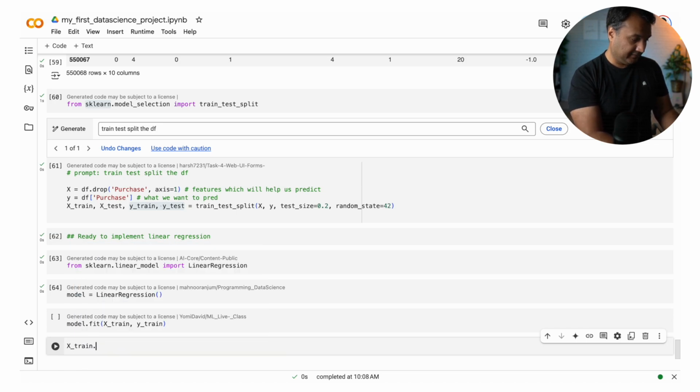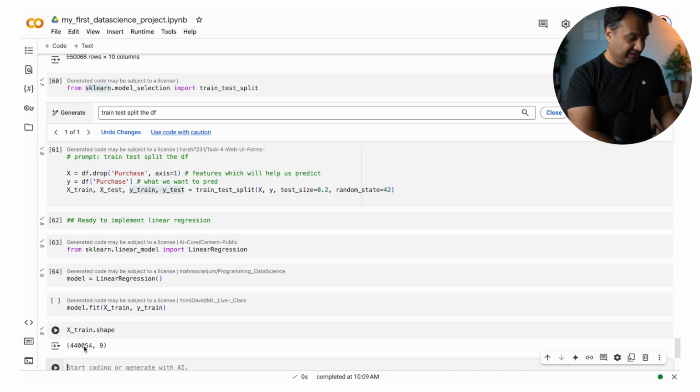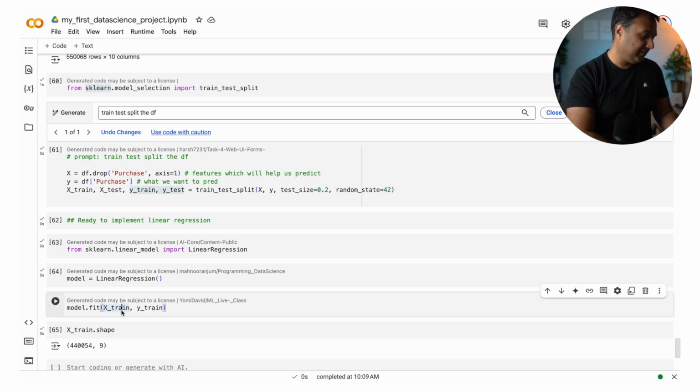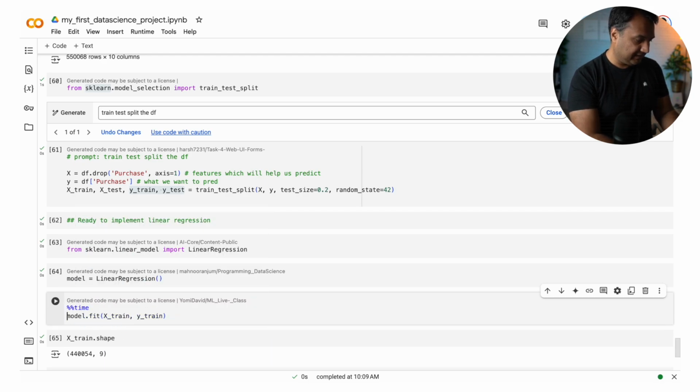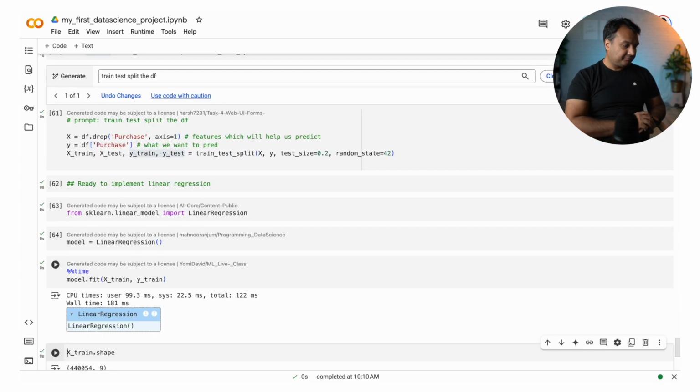Let's see what's the size of the data. Okay. So it has 440,000 records, a lot of records. What I explained to you in PowerPoint was 10 records. This is 440,000 records. So let's see how much time it will take. Actually, I can print time if I add this above the cell. Let's see.